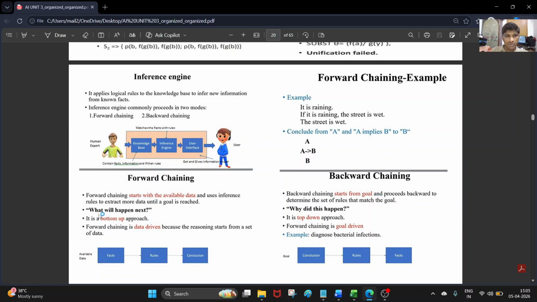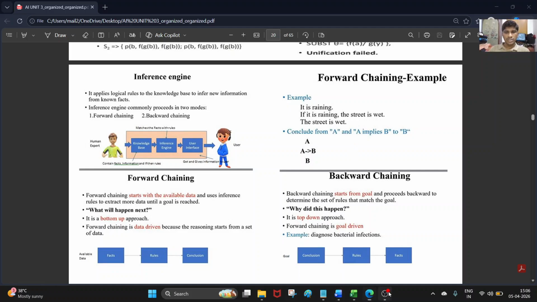In forward chaining, we will tell what will happen next. In backward chaining, we will tell why this happened. So this is the bottom up approach and this is the top down approach. So next is